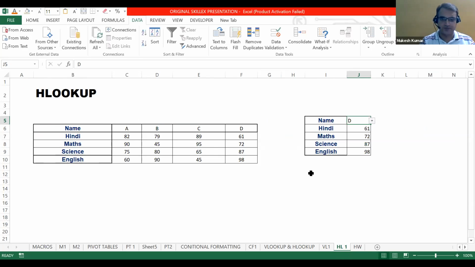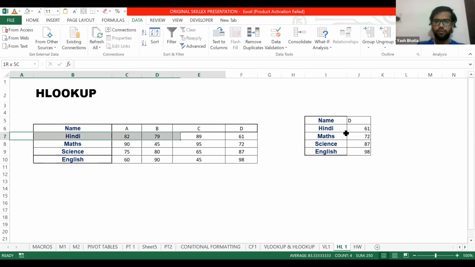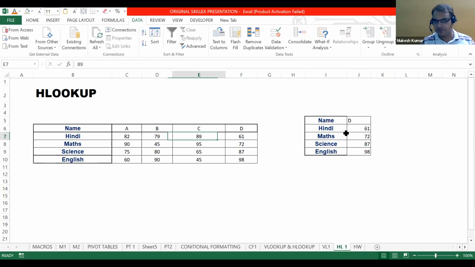Yeah. So you put the number 2 in the cell J6 or J7. Was that for the column or for the row? The number that I've put is for the row. It's for this second row. Okay, can you go to the Maths, please? Math 72. No, here in J8. J8. Okay. Yep.